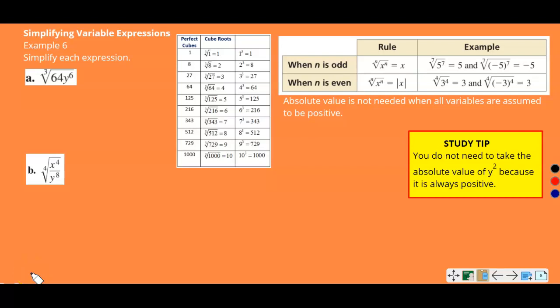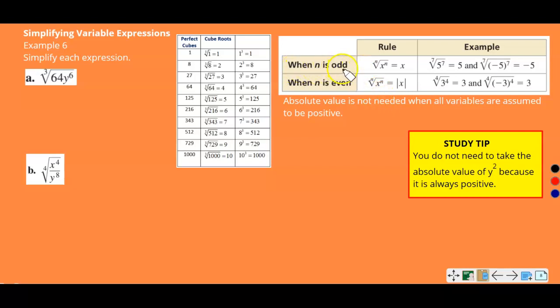Properties of rational exponents and radicals, part 3. We're on example 6, simplifying variable expressions. All right, so as you can see, A part says the cube root of 64y to the 6th. So now we're going to have variables under the radical, so there's a couple rules that you have to keep